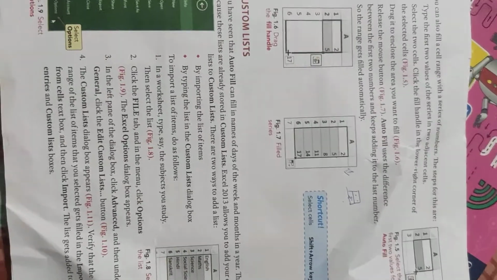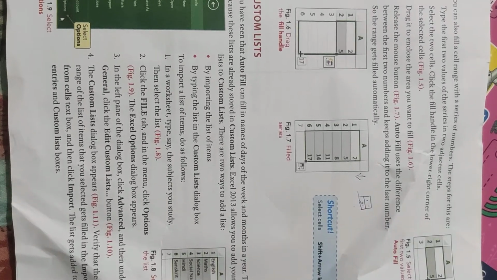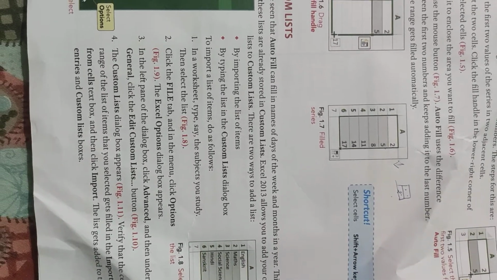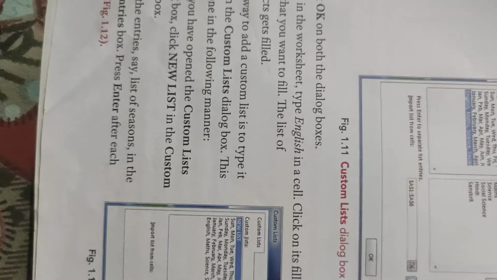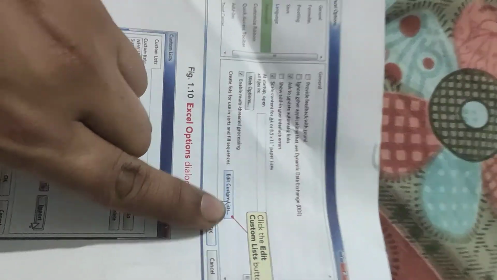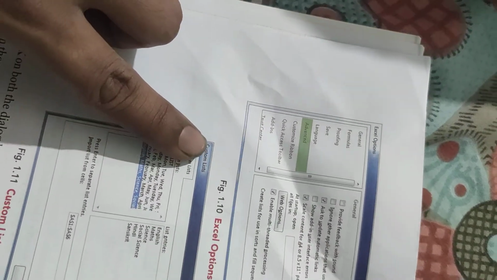All right, so again, for the steps, just see all the steps. I have just explained them, go through them. After going through them, you just have to see what we are doing. Suppose we are clicking on options, then Excel options, and we go till advanced. After clicking on advanced, we go till the edit custom list option. After opening custom list, from this range of data you are selecting one, suppose the second one.